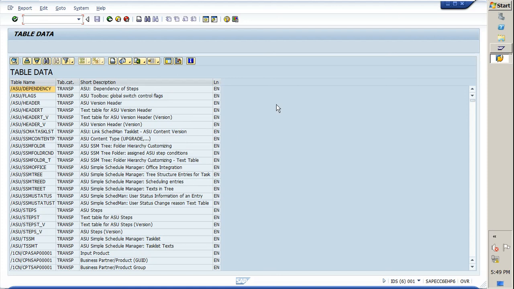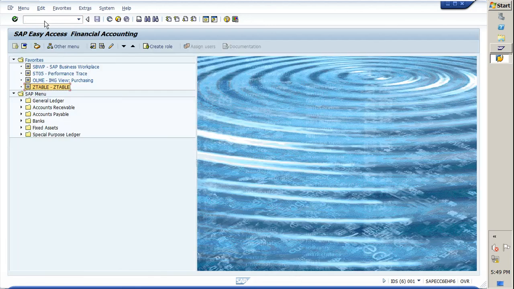We can create a report, and also assign this report to a new transaction code that we create. I hope this gives you some understanding about how to create a transaction code, how to assign reports to a transaction code, and last but not least, how to check all the database tables in a single table.